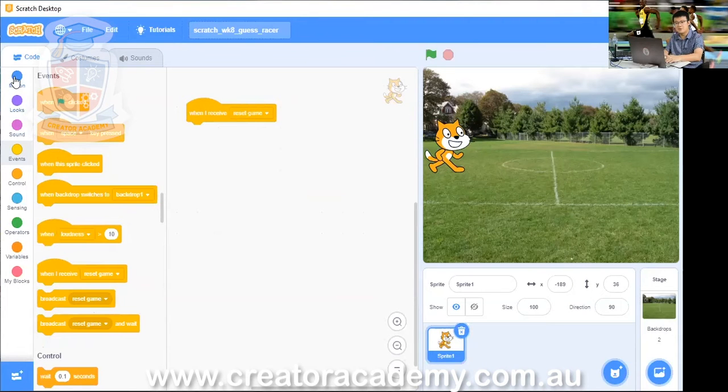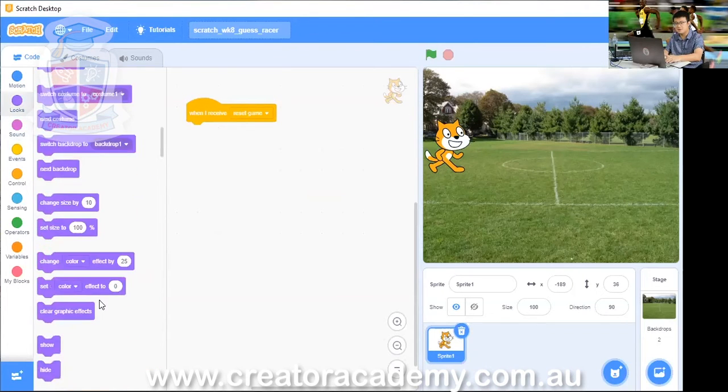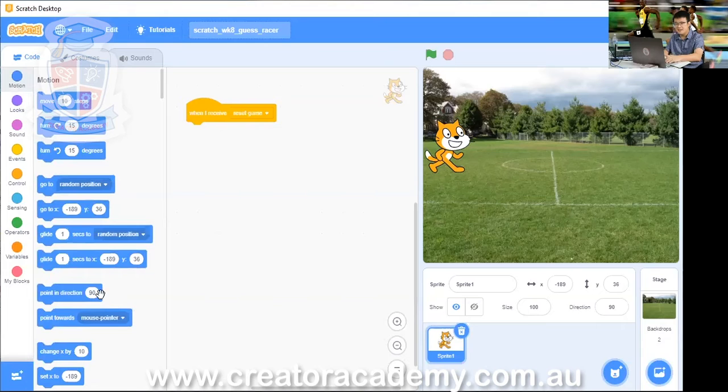So I go to motion up the top, I scroll all the way up to the top, and then I go to X, Y. Go to X, Y, and it's got two numbers in here. You just leave those numbers the same. Let's make sure that the cat is all the way up the top here before you drag it in.